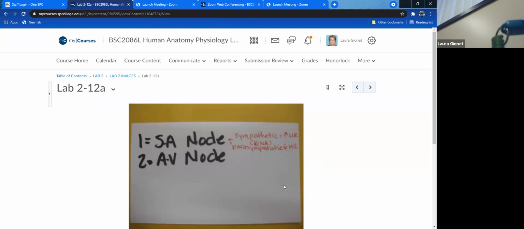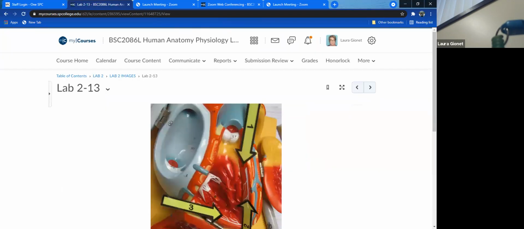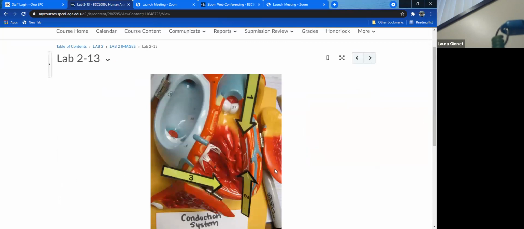Parasympathetic division uses acetylcholine. Okay, then we can see where number 1 is, really where 38 is. You have the bundle of His kind of right behind it. And then you can see, because we're looking at the right side of the heart, because you see all those